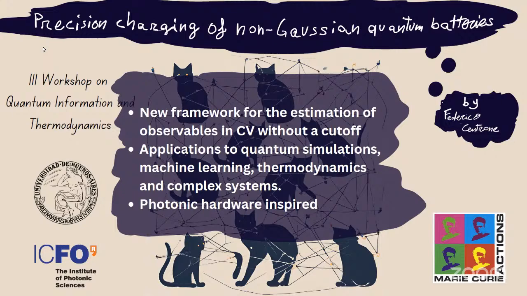One minute, I just want to say one more thing. This framework is useful, in my opinion, when we have many modes and little non-Gaussianity, which is kind of the opposite of what happens with discrete variable numerical simulations. If you use exact diagonalization with a high-level system, it's easy to study, but if you have many qubits, it's very hard. Here it is the opposite. If I have many modes, it scales polynomially. If I have many non-Gaussian levels, it's going to be harder. That's all I wanted to say. Thank you.